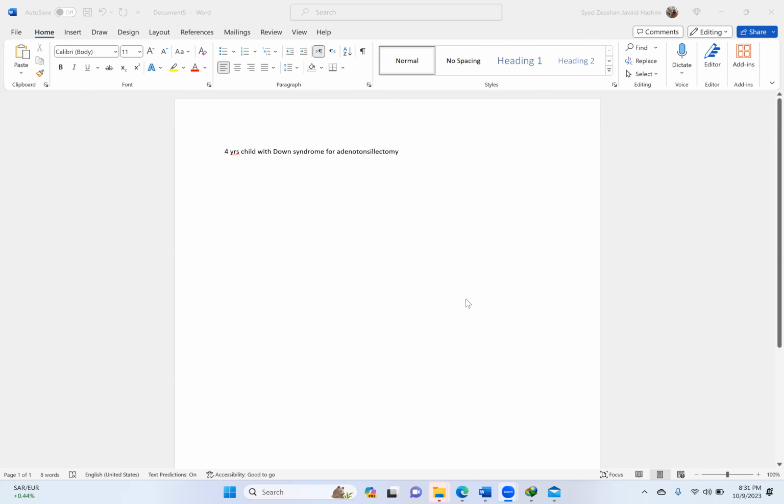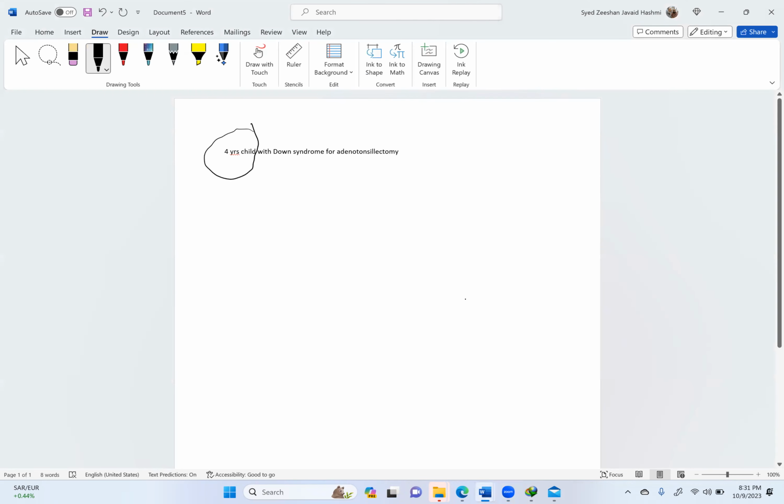Okay. So for this particular question, the things which are important are related to a 4-year-old child. The second thing is Down syndrome, and the third thing is adenotonsillectomy. So a 4-year child, or I will tell you these points for